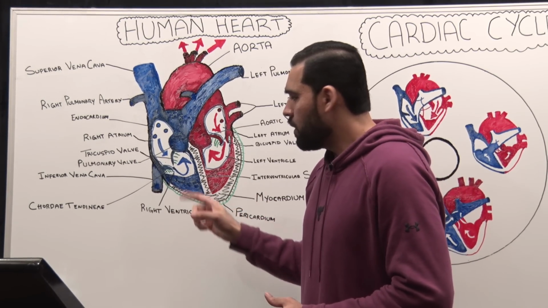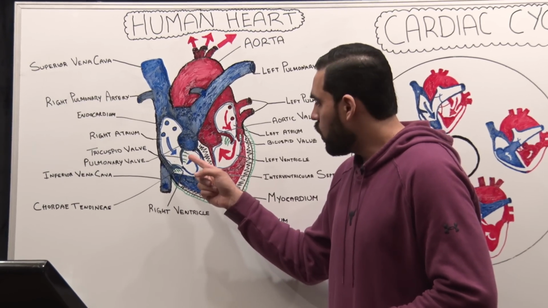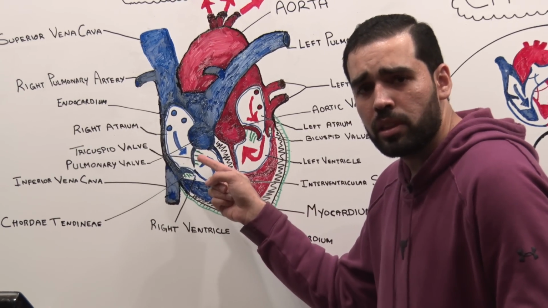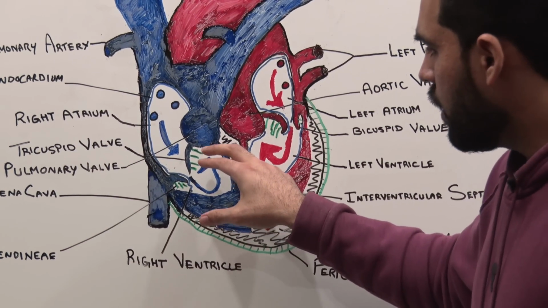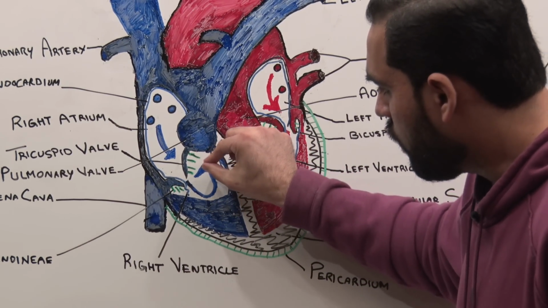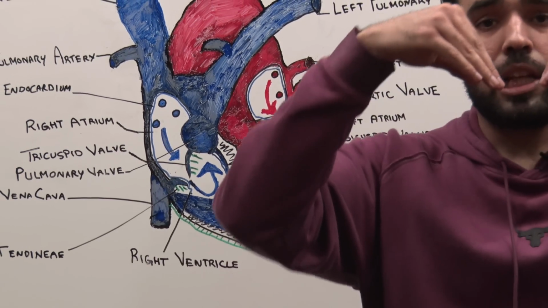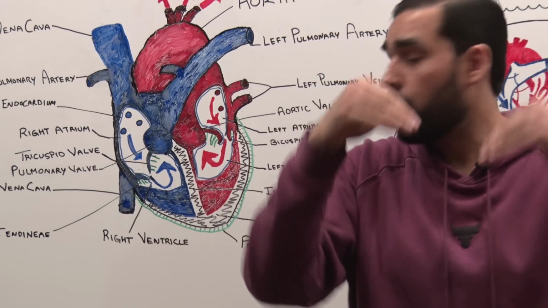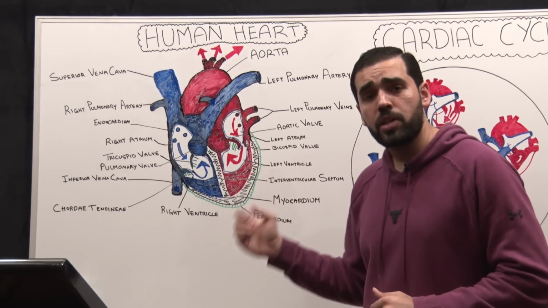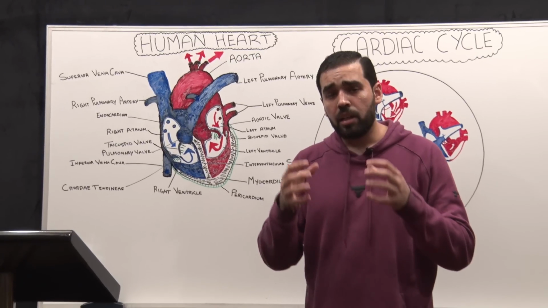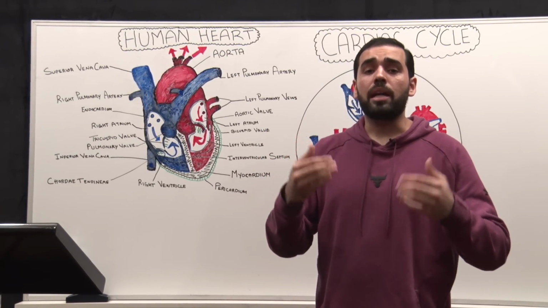Now, there's something that you need to understand. If you can zoom in a little bit over here. Okay, you can see those green thread-like structures. Now, what are those? These are very strong fibers that are attached to the valves, and the function of that is to basically hold the valves in their place. Because remember, I said the atriums are not a very high pressure system, but the ventricles are a very high pressure system. They contract with a lot higher force because they need to pump the blood at a higher distance.